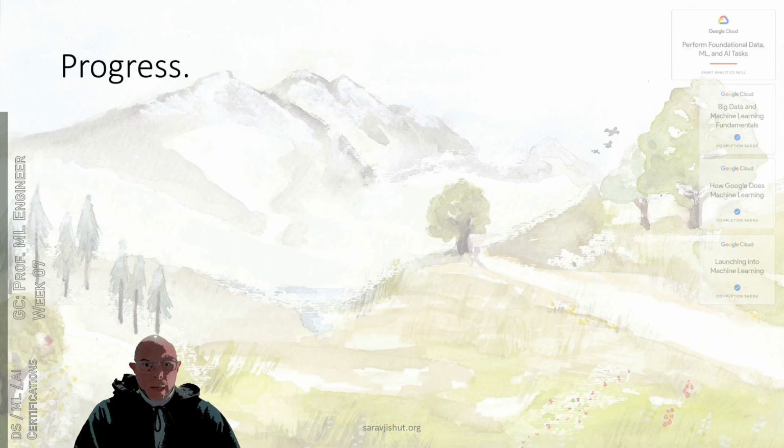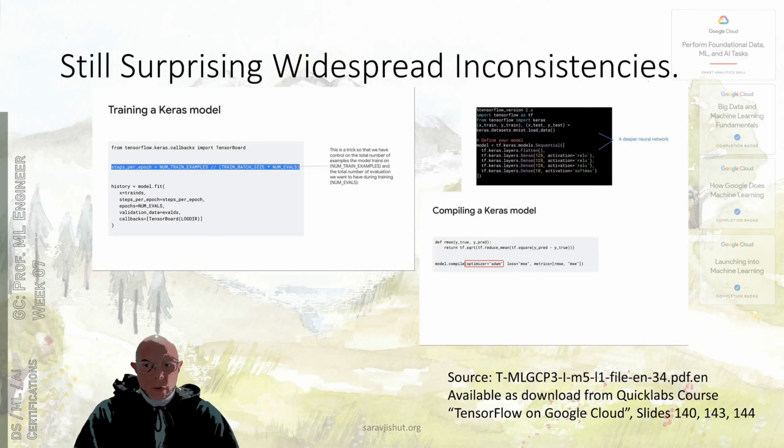The progress that I made this week, I'm pretty happy with it. I could complete one course that had quite a number of labs in there, so the total lab time I think is about 10-12 hours alone. I'm trying to pick up the pace a little bit and get through a bit more than one course per week, to keep the time that it actually takes me to go through the materials a little bit shorter. In regards to the still surprising widespread inconsistencies, here are 3 screenshots